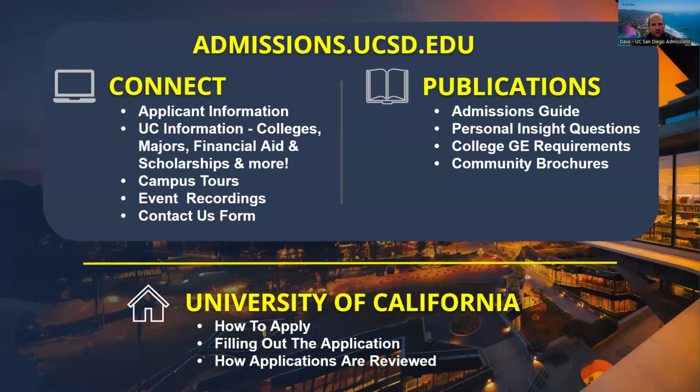If you cannot find the information you need on our site, the next resource we recommend is the University of California's website. It provides a lot of detailed guidance on how to apply, how to complete the UC application, how we review applications, not only us, but the other UC campuses as well, and much more. There are many sources of information online, and not all of them are accurate. We'll discuss that a little bit later in the presentation. So to ensure that you're following the correct guidelines and meeting all the deadlines, we really encourage you to rely on our website and the official UC website as your primary resource.